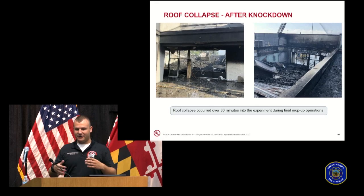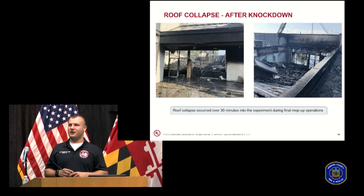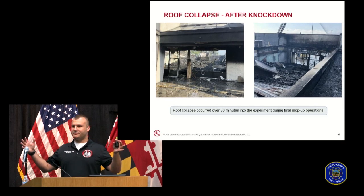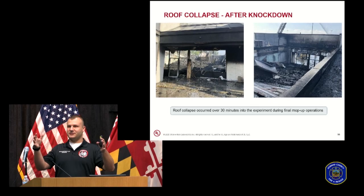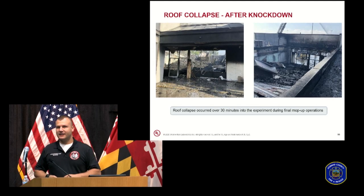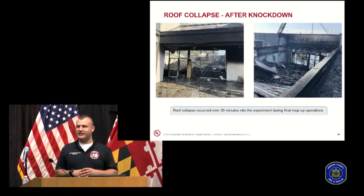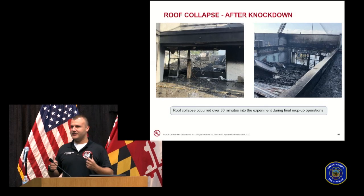But after that fire event was over and after the experiment was over and we were getting ready to begin mop-up operations, the beams cooled enough that they pulled off of those walls that originally had been moved out when they heated, and then it dropped the whole roof in. So this was pretty eye-opening for us that 30 minutes into the incident, the fire's completely knocked, things are good, we're taking a breath, all right, the experiment's over, and then all of a sudden the roof drops